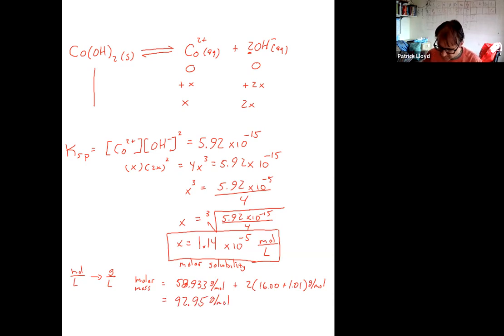Okay. If we want to convert from moles to grams, we multiply by the molar mass. So 1.15 times 10 to the negative 5 moles per liter. So there's your molar solubility. Multiply that by the molar mass. And that's going to eliminate the moles, and we're going to end up with grams per liter. So if we multiply that by 92.95,